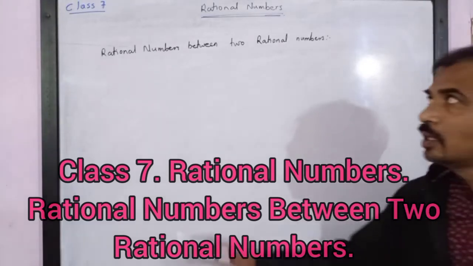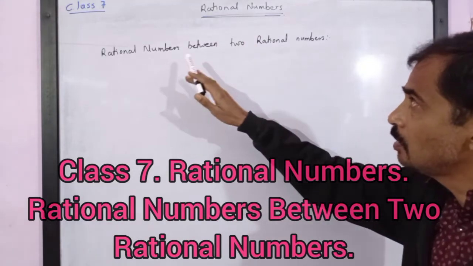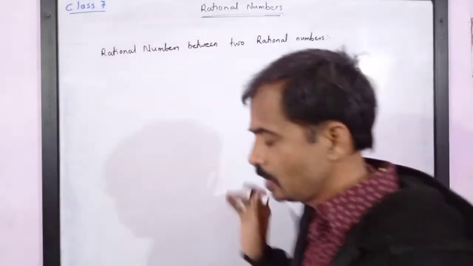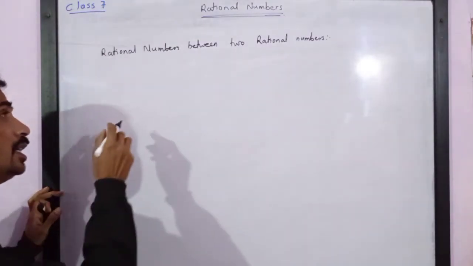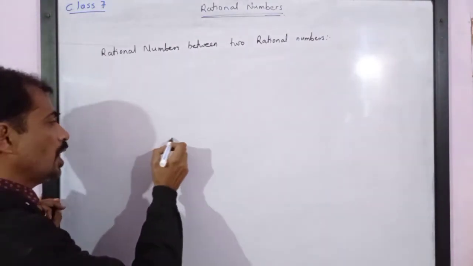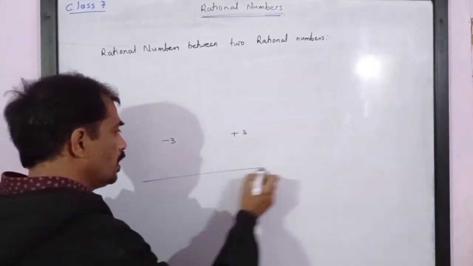Dear friends, in class 7 we are studying rational numbers and the next topic is rational numbers between two rational numbers. Before this, let us understand integers between two integers. So if we are given negative 3 and positive 3 on the number line, we have